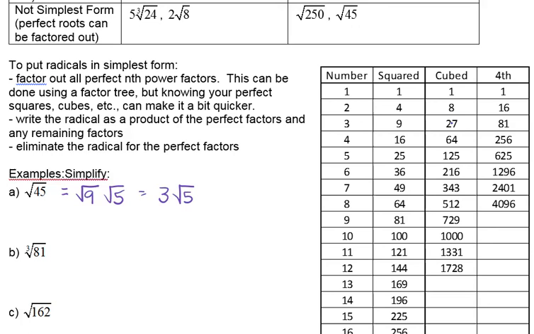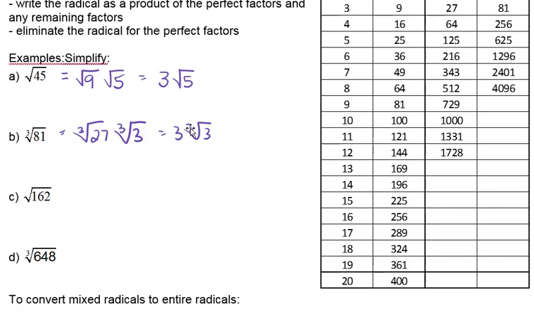27 times 3 is 81, so we can split that up. Don't forget the cube root. When we have an index in there, we got to keep it on each part. So cube root of 27 is 3, but the cube root of 3 we can't do anything else with, so we leave that. Now this next one, a lot of people, when we have bigger numbers, the next two actually,